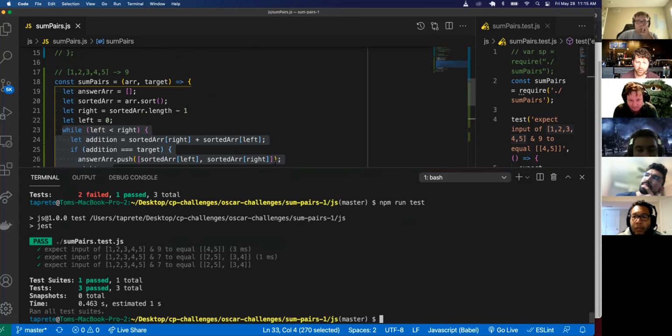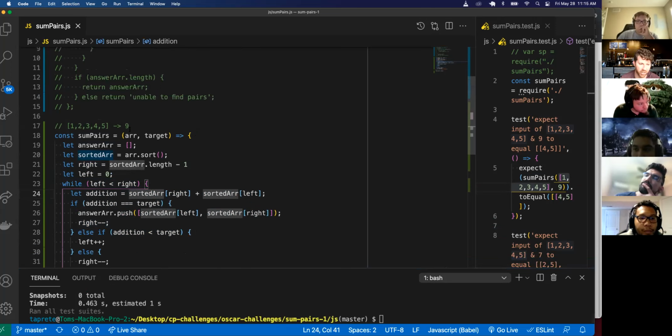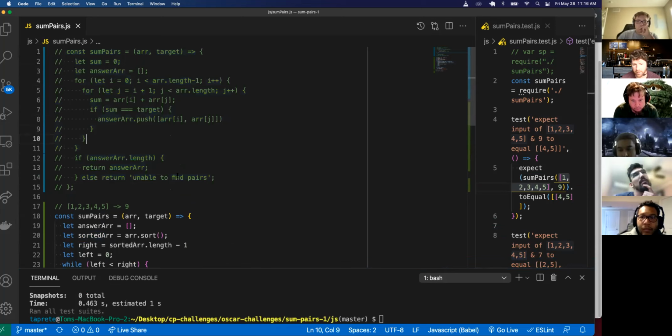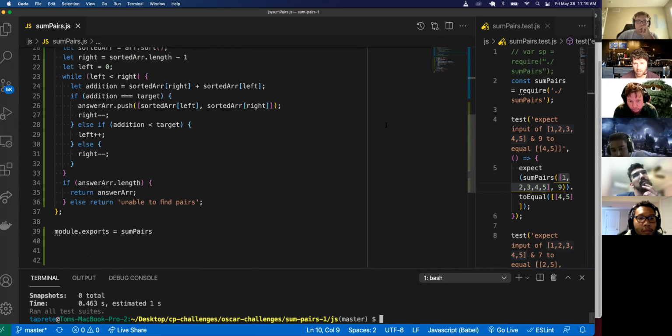But I just want to show you two different ways to solve it. This is the way I initially solved it, and yeah, so cool. With that, I'm gonna actually